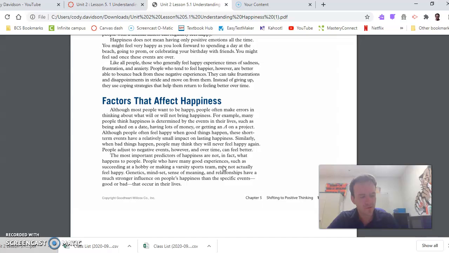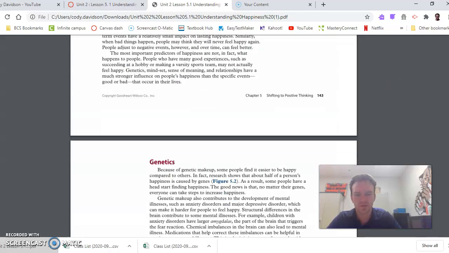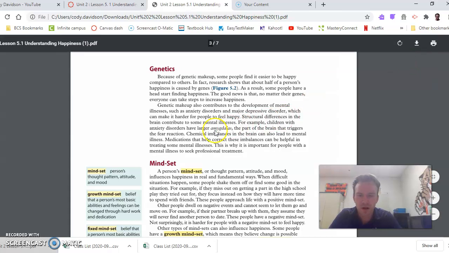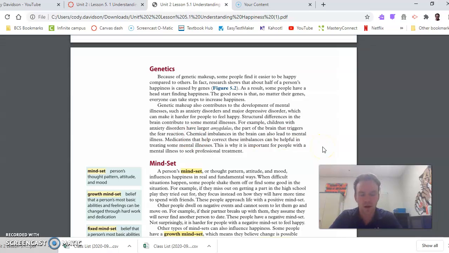All right. The biggest factor that they talk about, and hopefully it's on this next page, is genetics. Okay, it's that brain chemistry. It's how you feel satisfied. Genetics is probably the biggest thing, and that's where it talks about here. Kids with anxiety disorders have larger amygdalas in the brain, and that's what triggers the fear reaction. It's not their fault. It's how they're born. It's kind of like if somebody was born with more muscle, that person's going to be able to lift more weight. The person born with a larger amygdala is going to experience more fear on the regular.